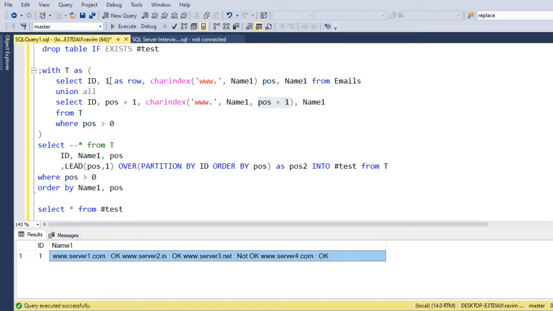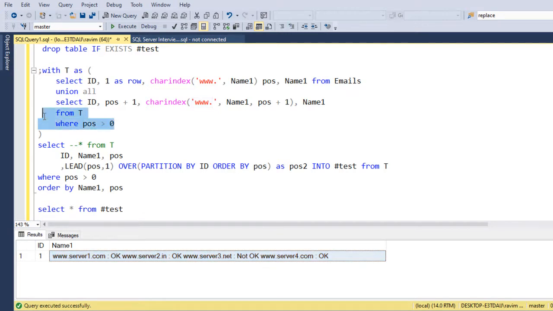So this value holds 22. Now when it goes for the third iteration, it will have the value 22, so it is trying to find the www value after 22. After 22, it will find the next value as this one. And in the next iteration, it will try to find the position of the first www after that, so it will give this particular value.